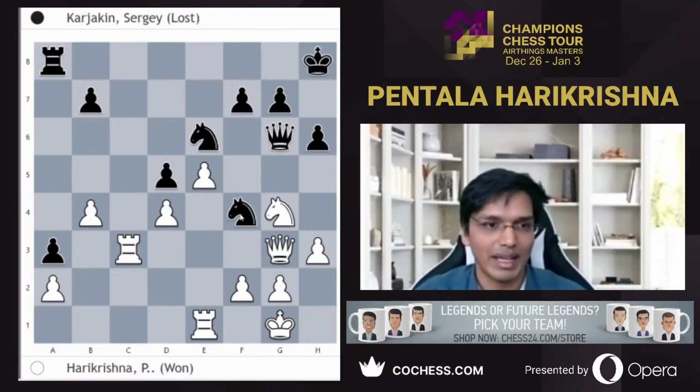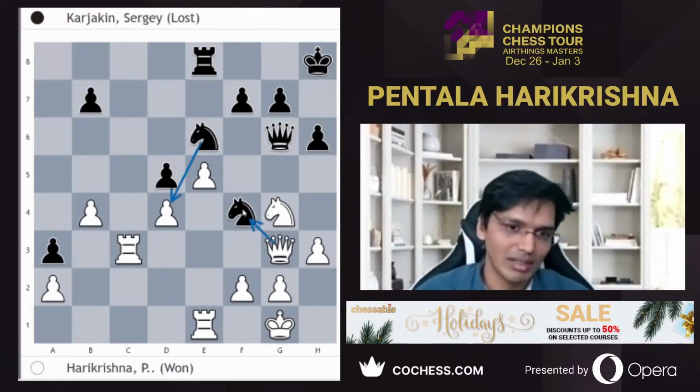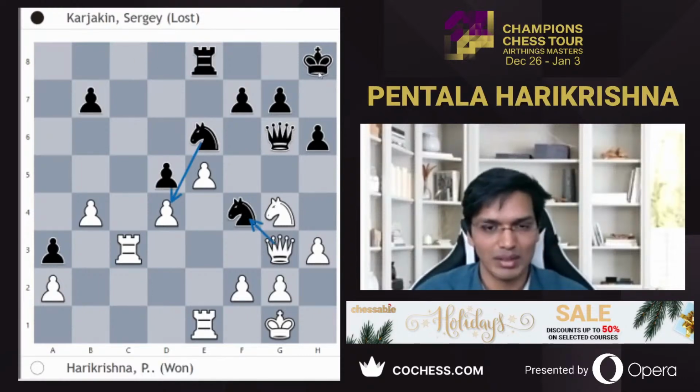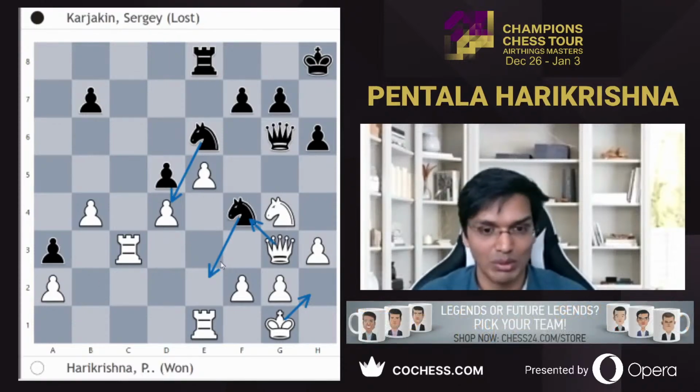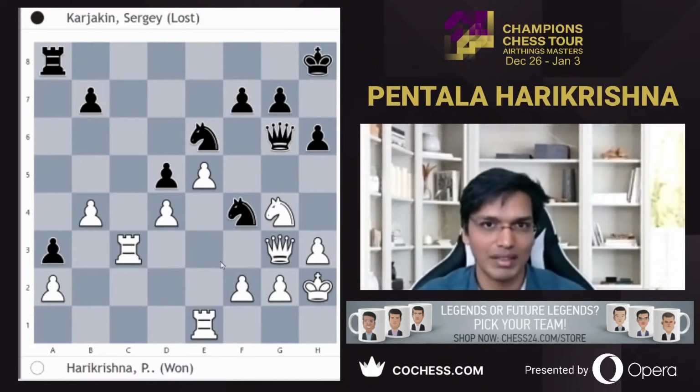So rook a8. Well, here already he was under time pressure, but in any case, if black plays some move like king h7 or something, white can play king h2 first to move away from this fork, and then he can plan whatever he wants. Rook a8 and king h2, exactly that's what I played in the game. And now of course